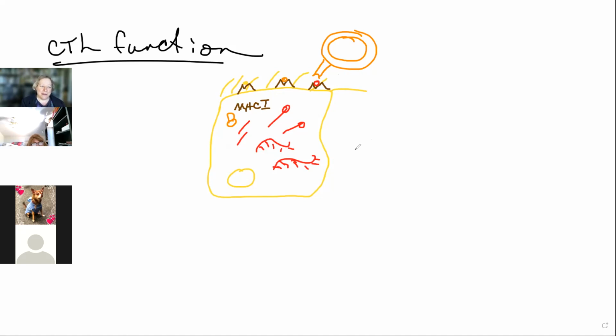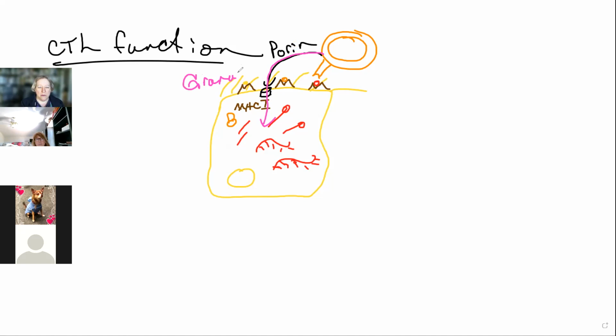We need to have you commit suicide for the good of the rest of the body. And it does that by releasing an enzyme called perforin. And just like it sounds, it forms a pore, a channel into the cell. And it follows that up with another molecule called